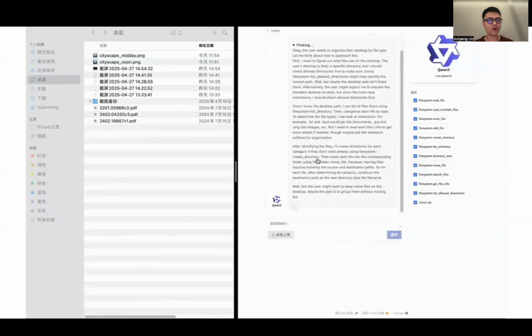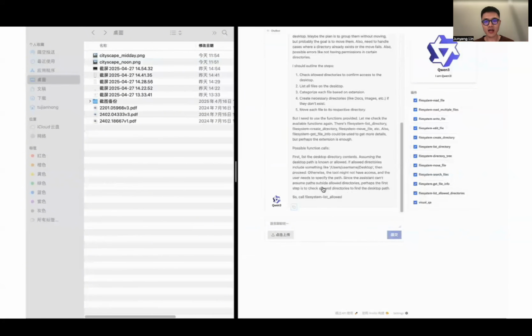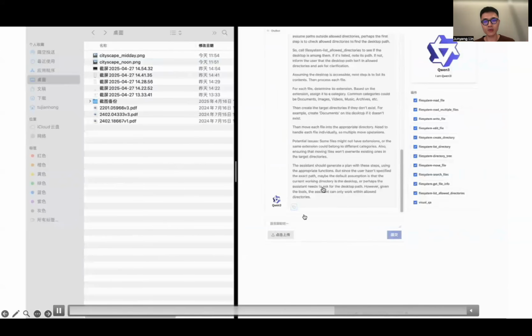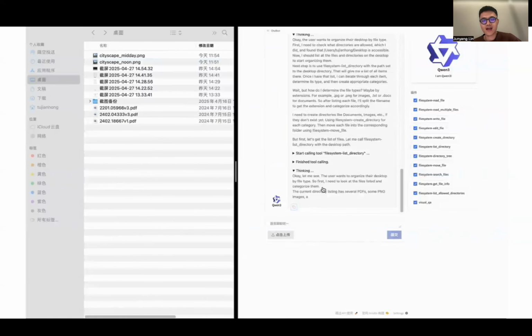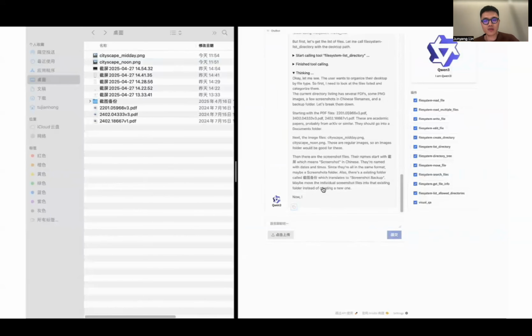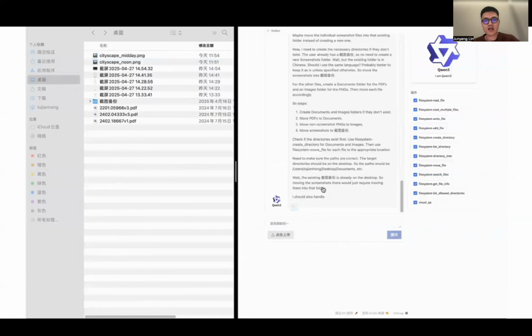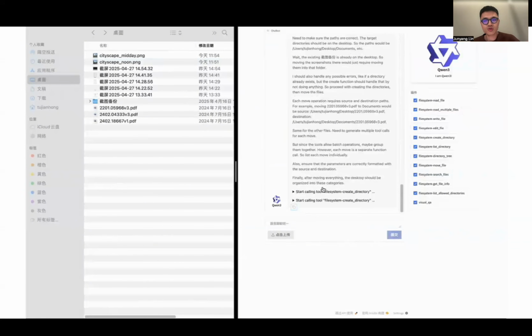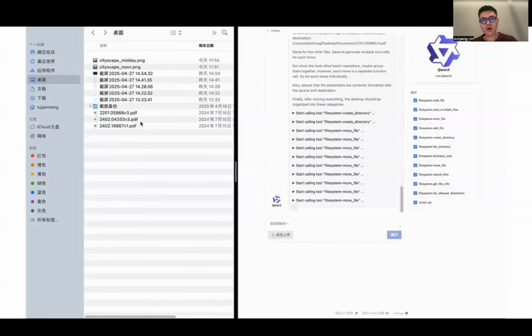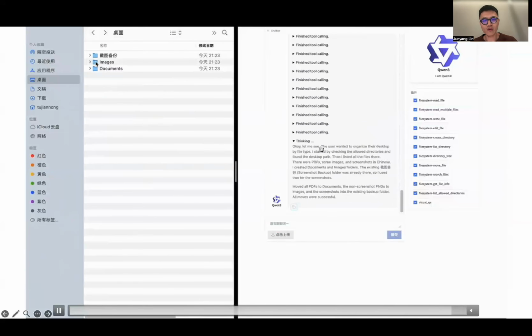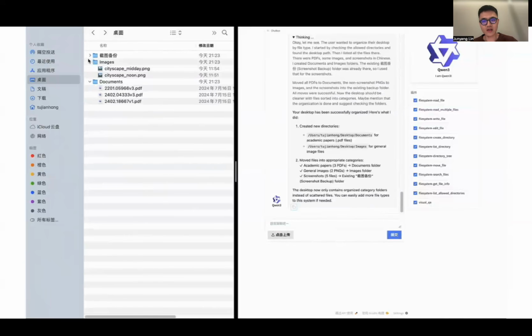It is really good for inference time scaling. And this is another example, for the model to organize the desktop. If it has access to the file system, it can do things like that. It thinks about which tools it should use, then it uses the tools, gets the feedback, and continues thinking while it finishes using the tools. It finishes the task and tells you that we have organized the desktop